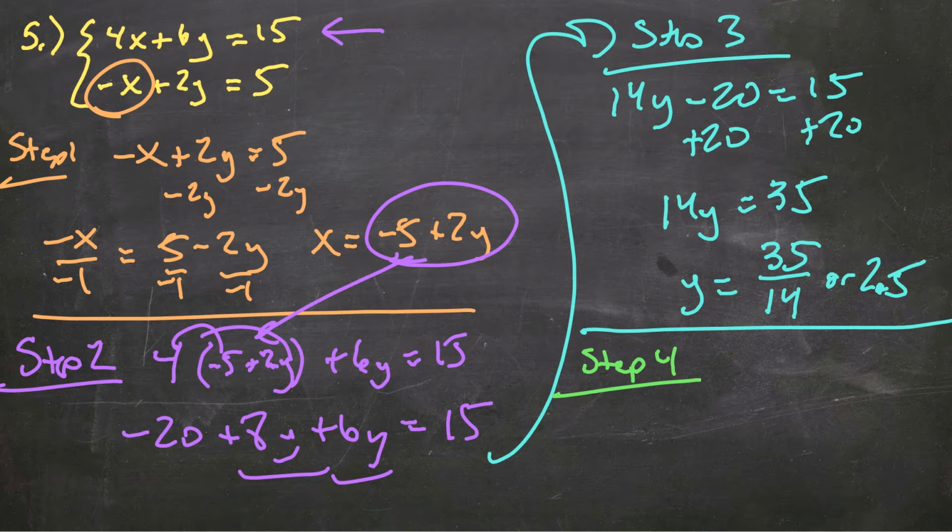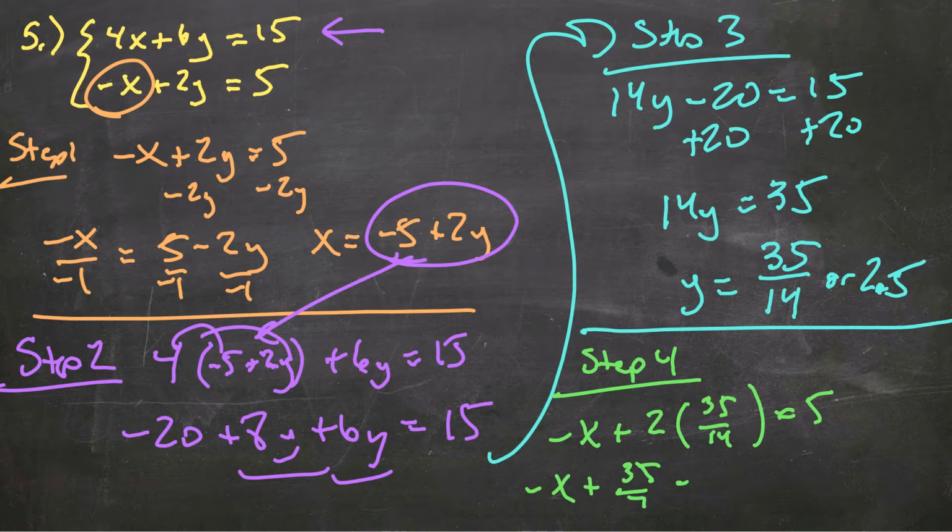I'm going to use my bottom equation. I'm going to say minus x plus 2 times 35 over 14 equals 5. This becomes minus x plus 35 over 7 equals 5. And I subtract 35 over 7 from both sides. I get minus x equals,